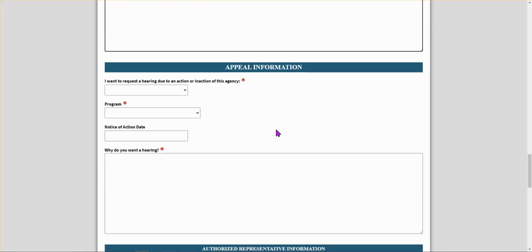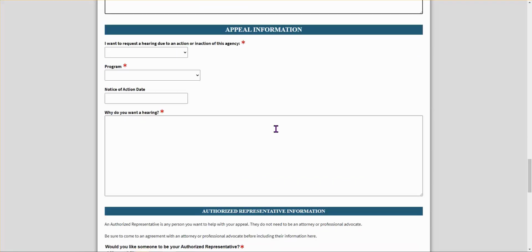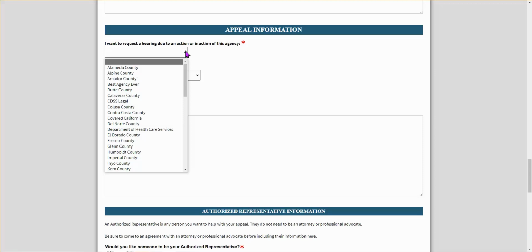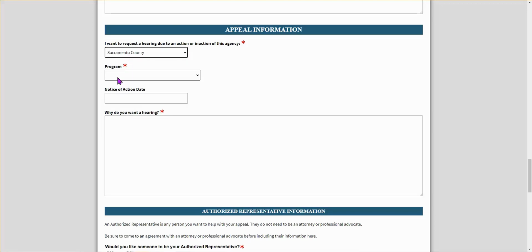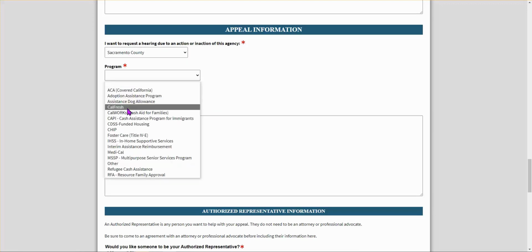All right, now we get into the actual appeal information. So the claimant, when it says I, it's still pertaining to the claimant. They want to request a hearing due to the action or inaction of what agency. Typically it's a county, sometimes it's the Department of Healthcare Services or Covered California. So again, I'm going to choose Sacramento County. That's where my claimant lives. And I am going to say this is a CalFresh